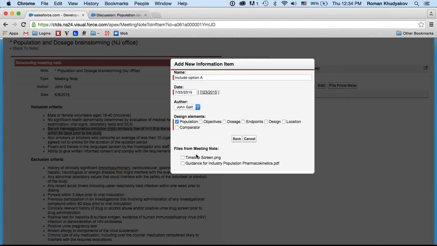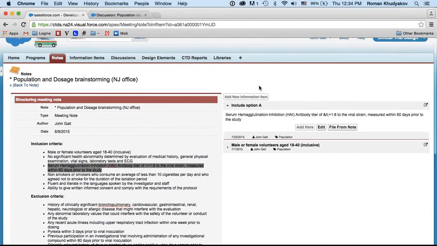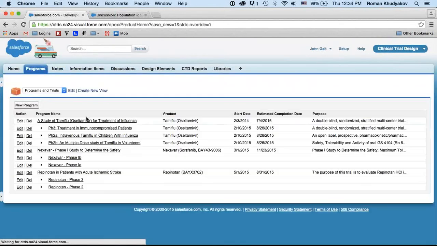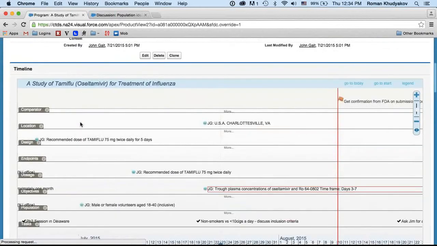And also, if you remember, there were 2 files that were supporting those ideas that we have discussed at the meeting, and here I can pick that one of them supports this particular decision, and I click Save, and it automatically creates a decision in a specific category. And now, if I go back to our program timeline, in the population category,